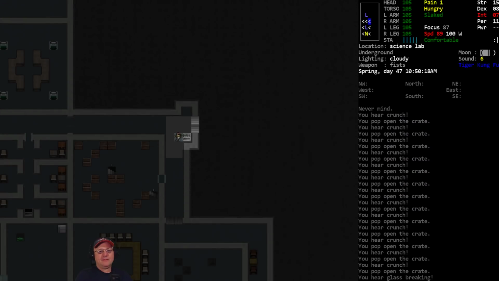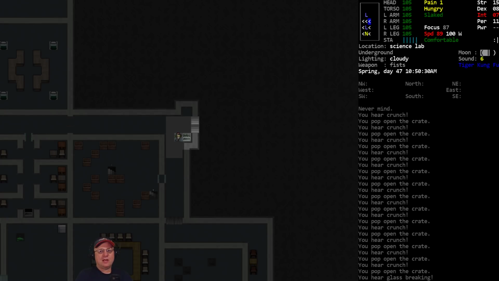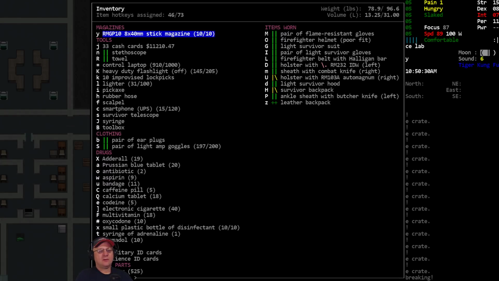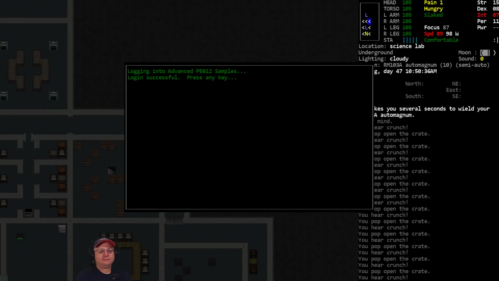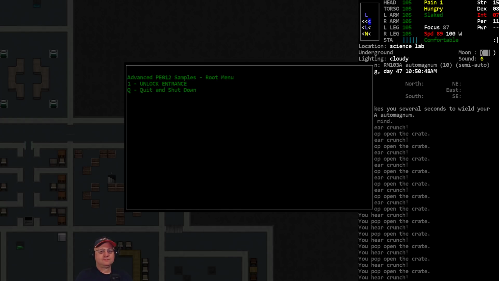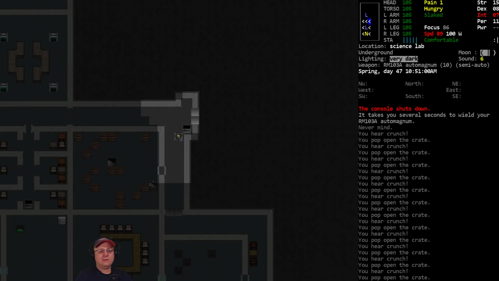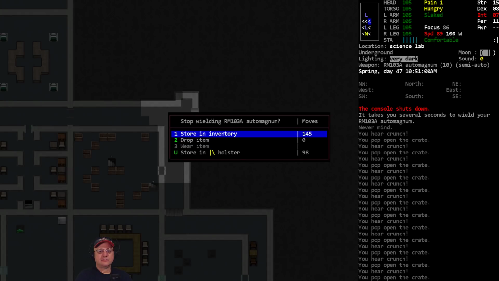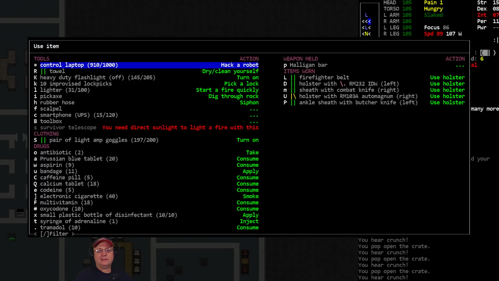We'll deal with it. I have to decide, do I want to try to hack this thing? I don't see why not. Focus is good, speed's okay, we're not overburdened, we've got the control laptop. Get the pistol out just in case. Do it from this spot. Alright, we failed. And now we need to get the Halligan bar out. Get rid of that. Then get...